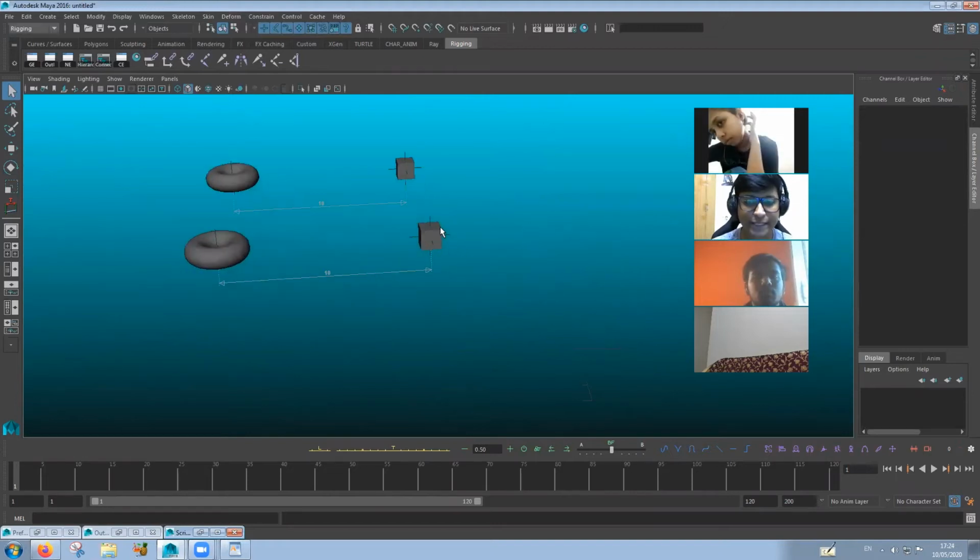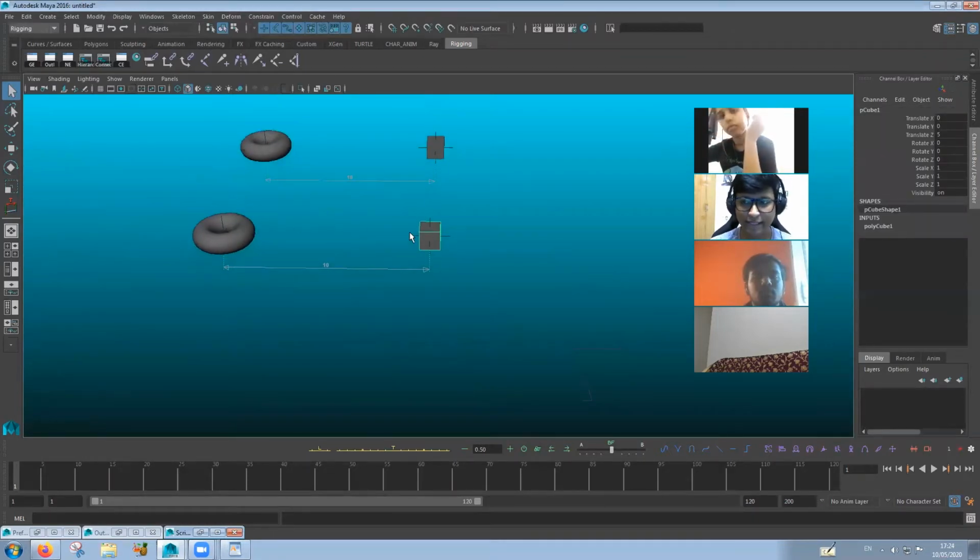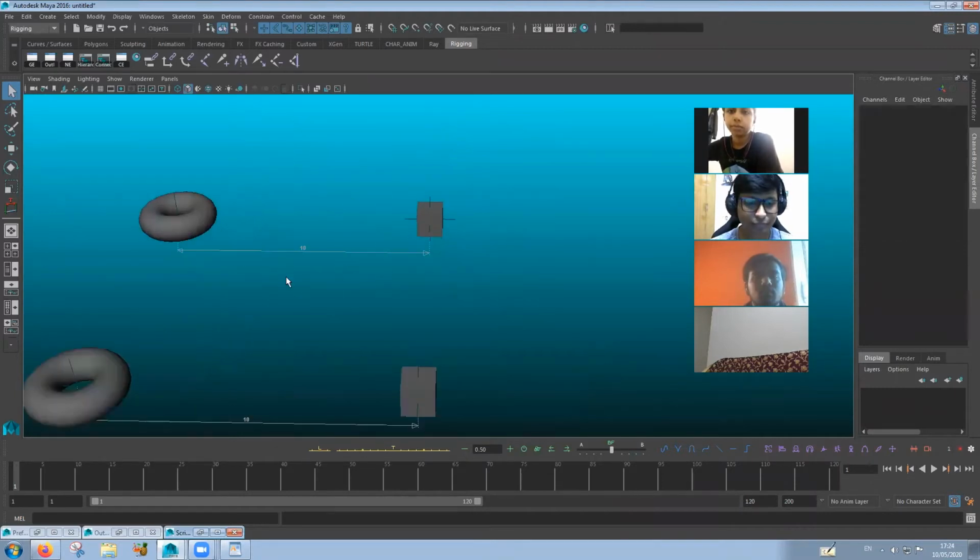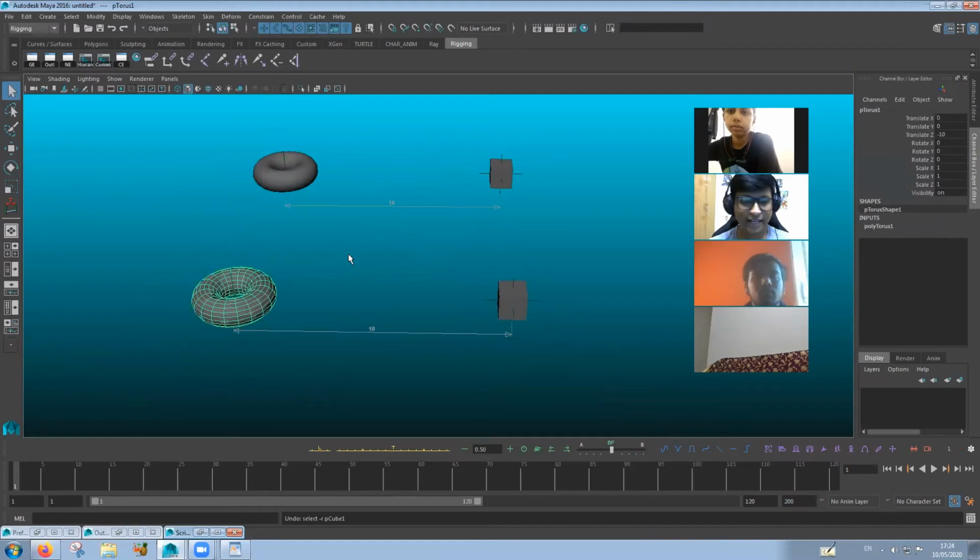So what I'm going to do is I'm going to parent these two. That is, this is going to be the child and this is going to be the parent. So if I do simple parenting, we hit P for parent, first the child, then the parent. Now, this is the parent of the torus, all right? Now, notice something when that happens. Before we do that,